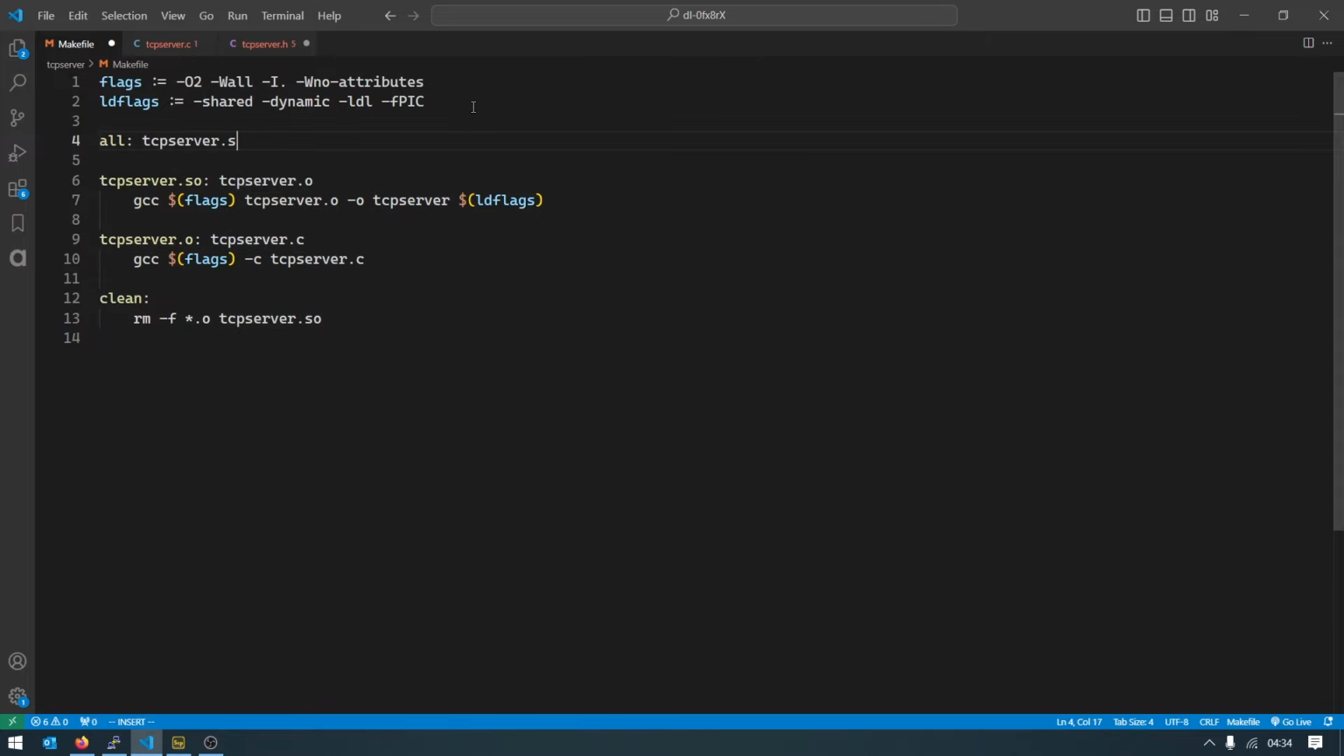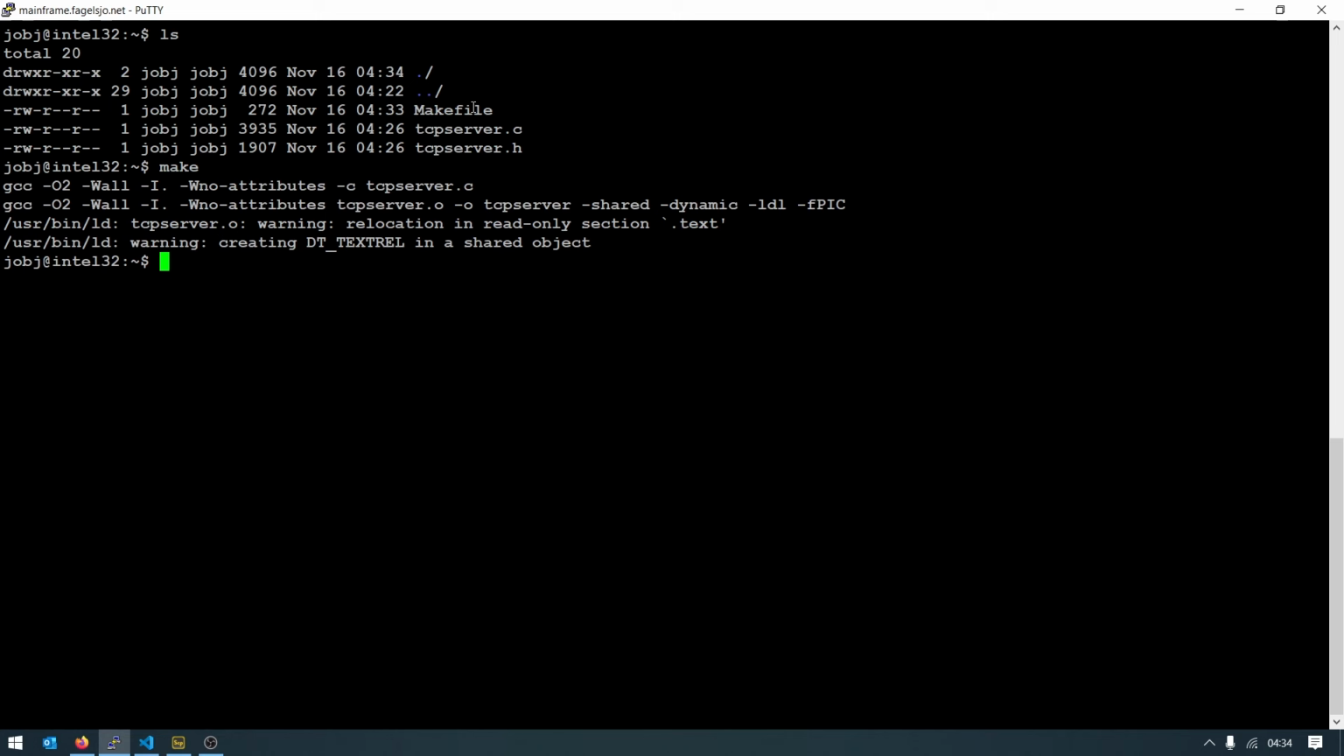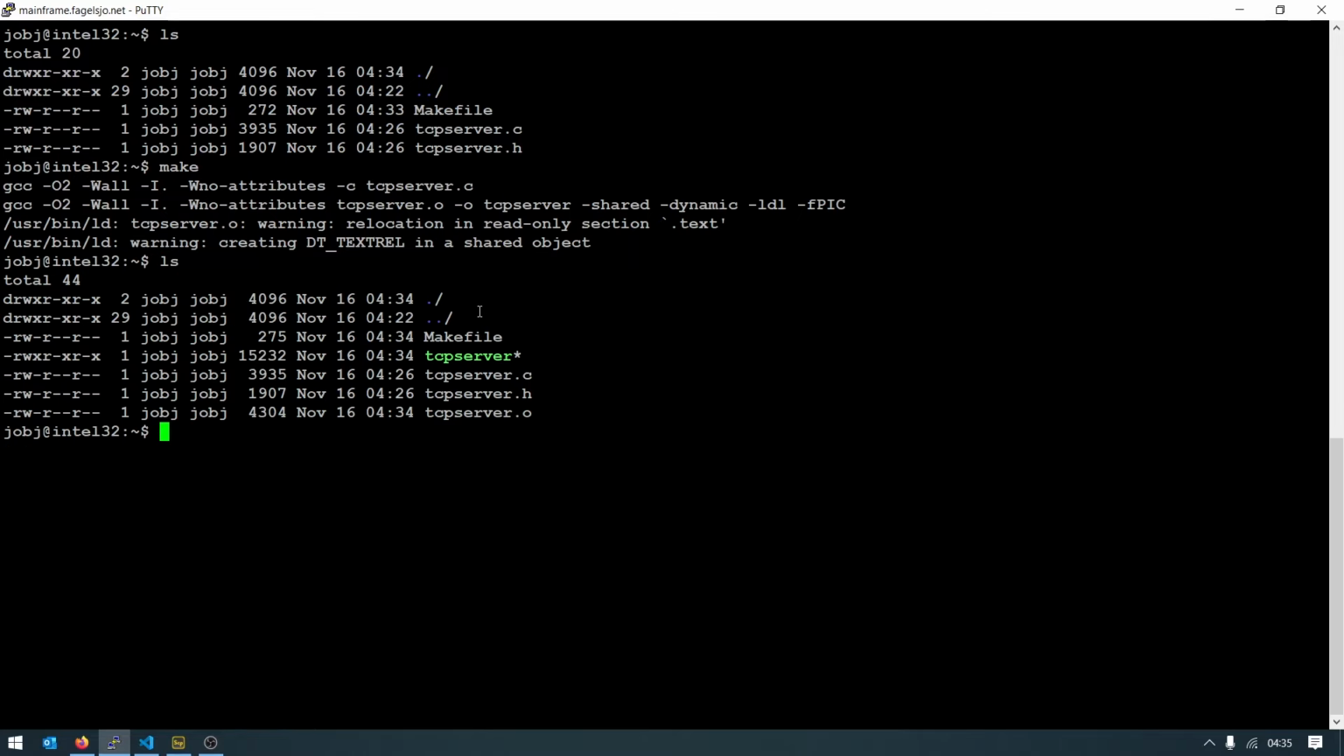We need to create the SO instead. We make. And this time it went better. It complains about a relocation instead inside of the text segment. I'm not sure if it's going to be a problem. We need to think a little bit on that. But it did create